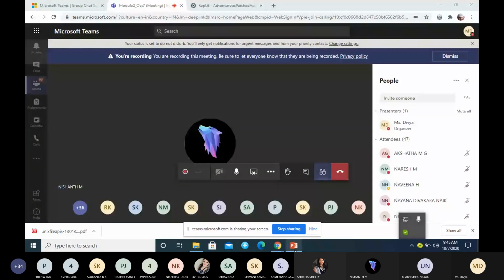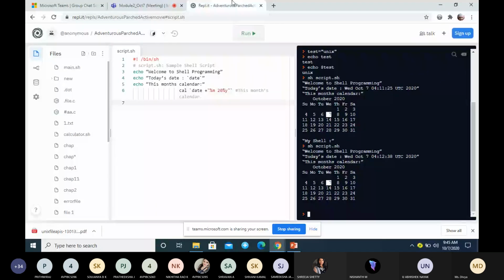What is the command used for changing the permission? chmod. Sometimes if you directly give sh and the script name, it is not possible because the file may not have the execute permission. In that case, you have to give the execute permission. There are different ways, absolute mode or relative mode.